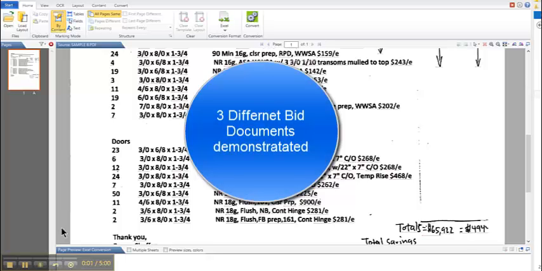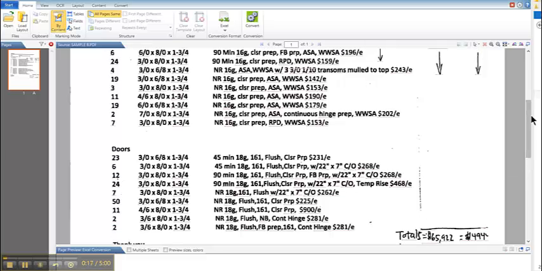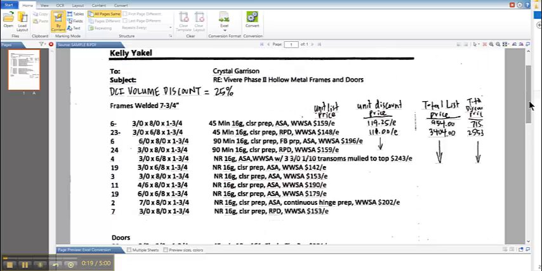Let's show Door Components Inc. how information can arrive in various formats and quickly be turned into a working Excel spreadsheet. Here we have a sample from a particular vendor which came in an email. This particular document probably would have been received as a PDF or could have been converted to a PDF prior